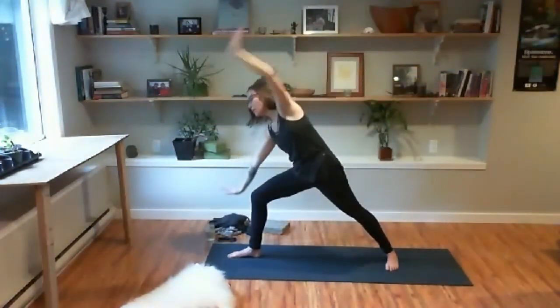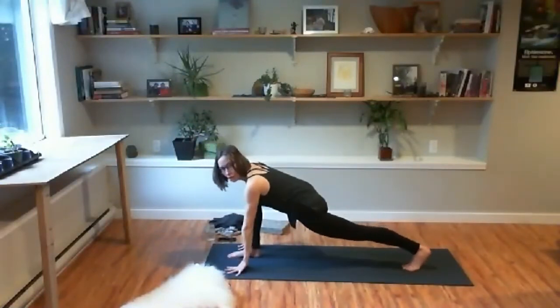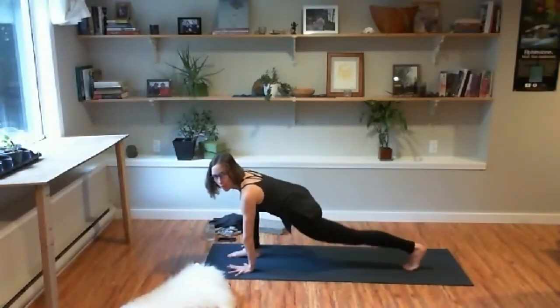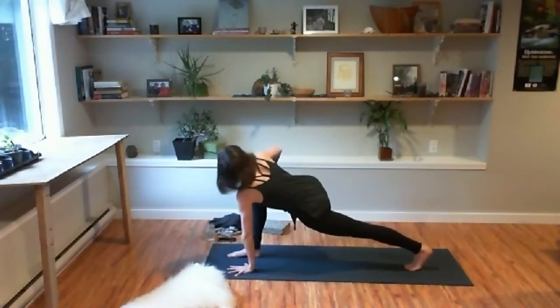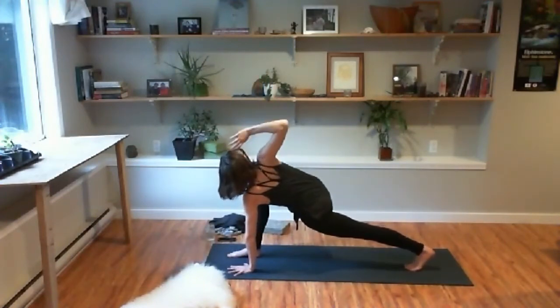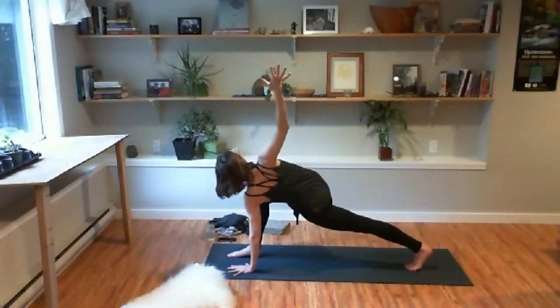Let's take our hands down to the mat. Lift the right heel. Plant your right hand under your shoulder. You're welcome to touch your right knee down for more support. If you feel good here, your breath is steady, keep that right knee lifted, engage the leg. Inhale, open the left arm. Keeping your left knee over your ankle, press your right heel away from you, and then hug your shoulder blades